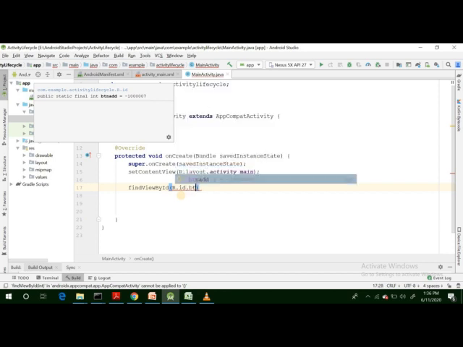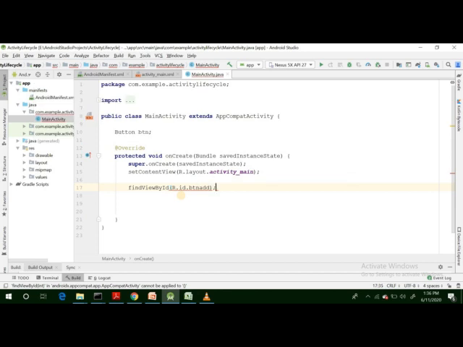It was btn add. So btn add. Now this method will give us the reference of that button that we drew in the layout file. So we can store the reference of that button inside our button variable that we declared in our activity.